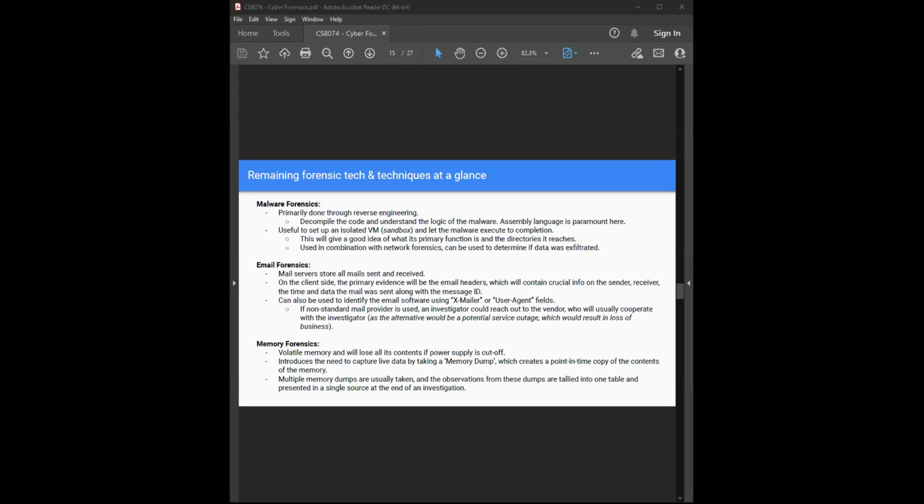Just in the interest of time, I know we have a few more topics to cover within the next hour and a half, so I will fly through the remaining types of forensics techniques. First one is malware forensics, for, well, again, malware, any types of virus, Trojan, worm, what have you. These are primarily analyzed through reverse engineering, which means you set up a sandbox, which is